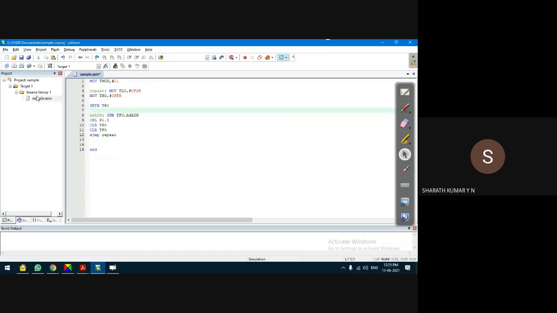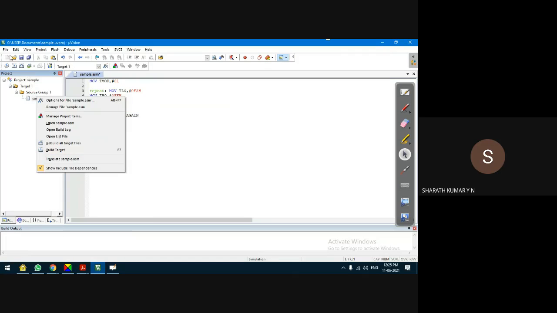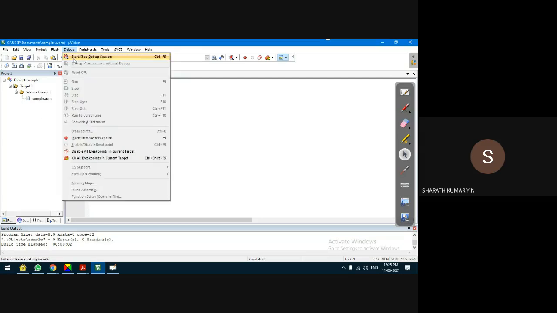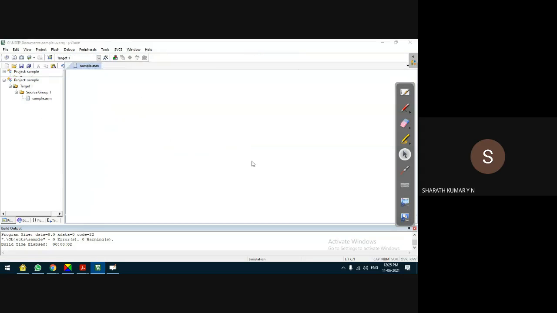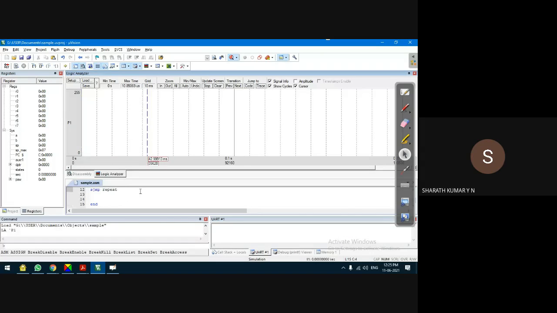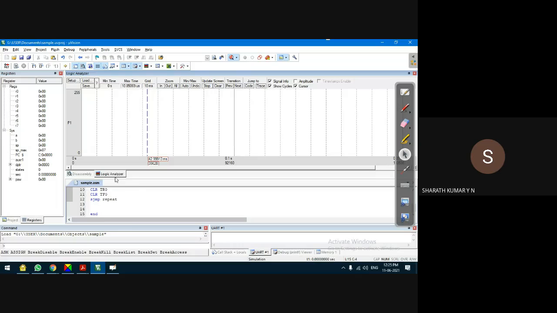So first, let's check the program. Save the file, of course. After saving the file, check for syntax errors. Build target. No syntax errors. Debug, start session. In this case, we have to check two things. One is the logic analyzer window. Let me move this down because we don't need it. Of course, I'll run the program with stepwise execution, so we'll see P1.5.